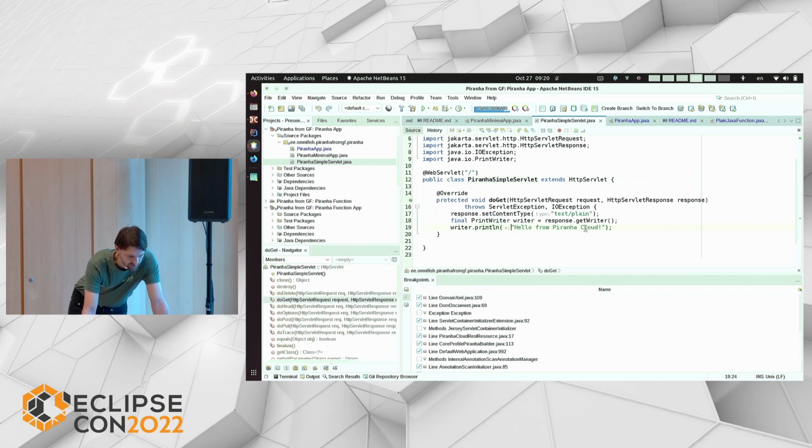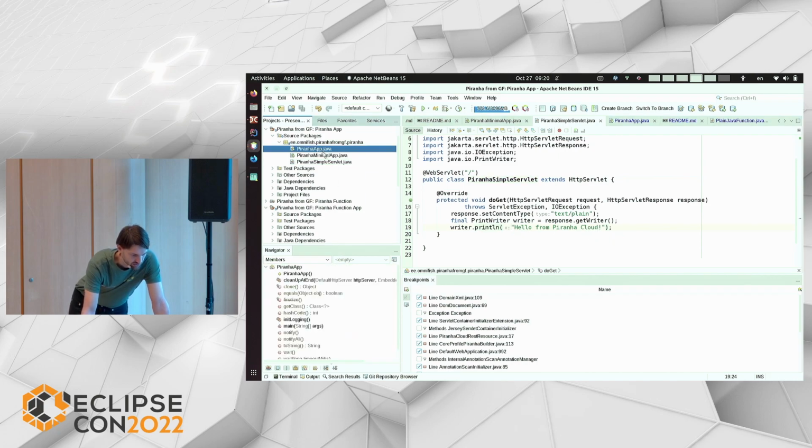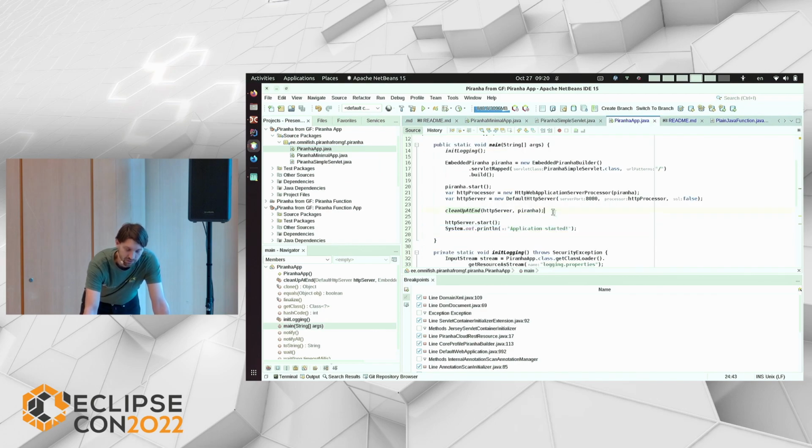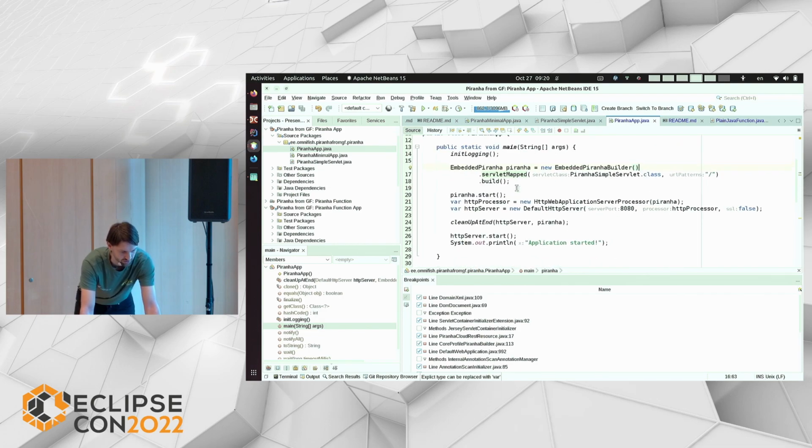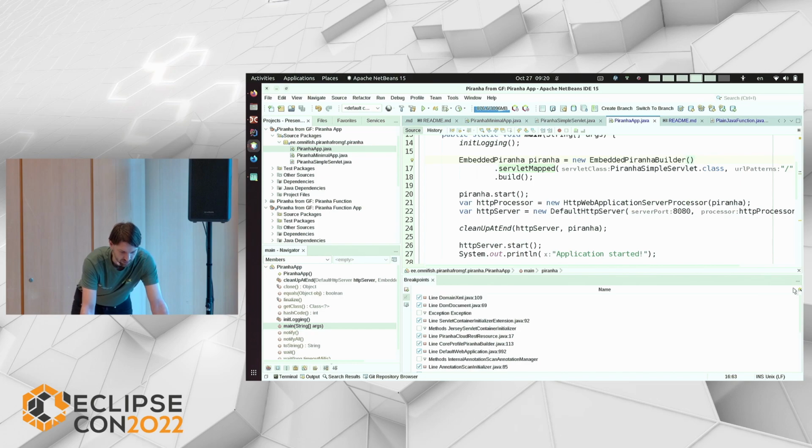It just prints a different message. But here, I'm starting Piranha in embedded mode, so you can see the code that actually starts Piranha. It's also possible to run the same application as we ran with GlassFish if I use the pre-built package of Piranha and start the WAR file. But I want to show you something different, something that is more flexible.